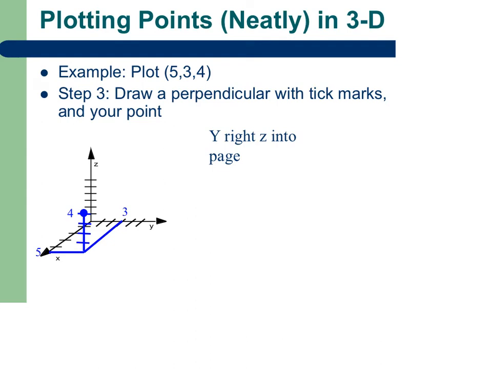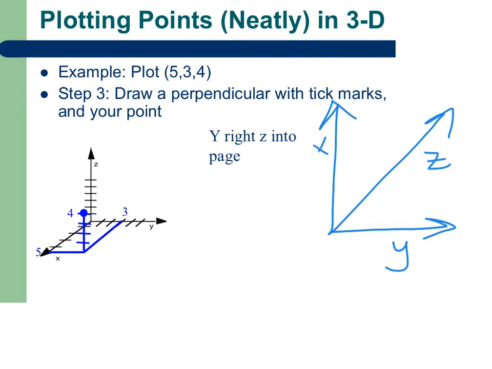And let's just do one more example. This says we want y going right and z going into the page. So y goes to z gives us x, so x is going up and down. And we want to plot 5, 3, 4. Notice now that the ground plane is formed by yz, right? That's the ground plane. So when we start plotting points, we're going to start with our yz, drawing those guys